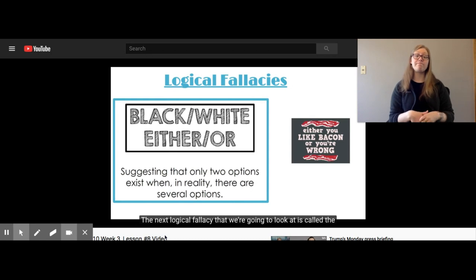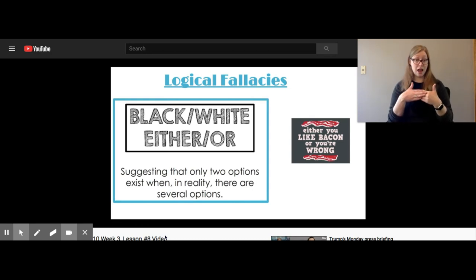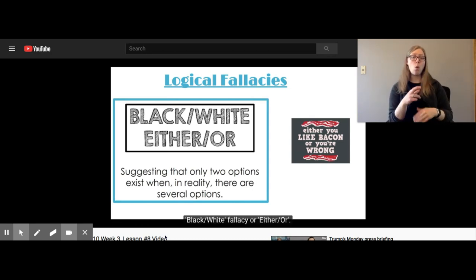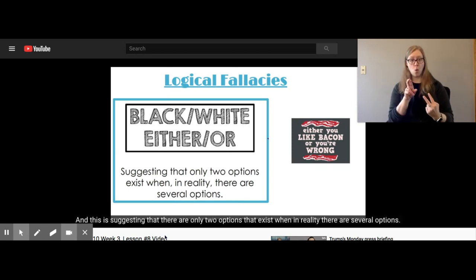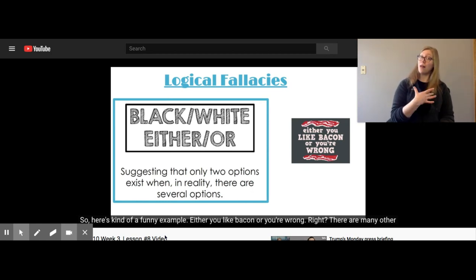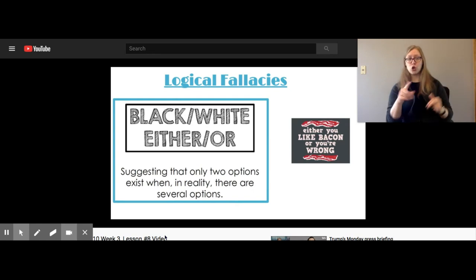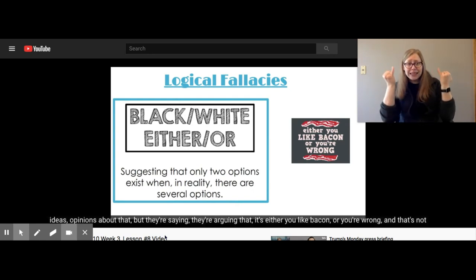The next logical fallacy that we're going to look at is called the black-white fallacy, or either or. We're going to mainly refer to it as an either or fallacy. And this is suggesting that there are only two options that exist when in reality there are several options. So here's kind of a funny example. Either you like bacon or you're wrong, right? There are many other options here, ideas, opinions about that, but they're arguing that it's either you like bacon or you're wrong, and that's not